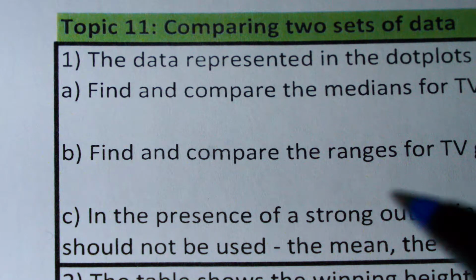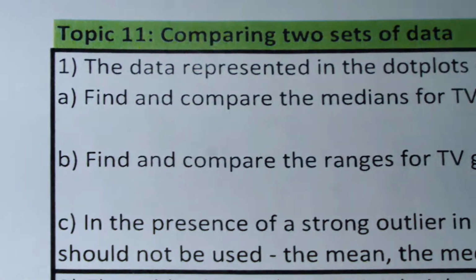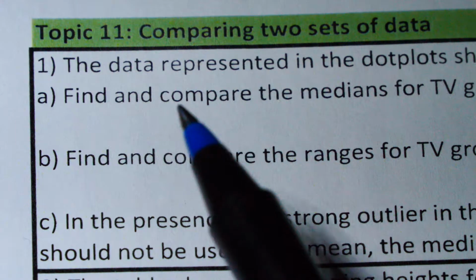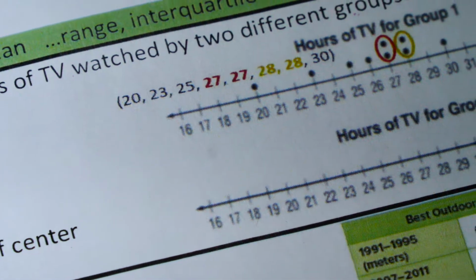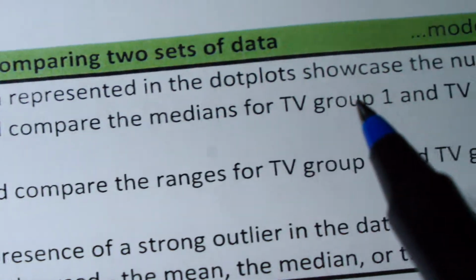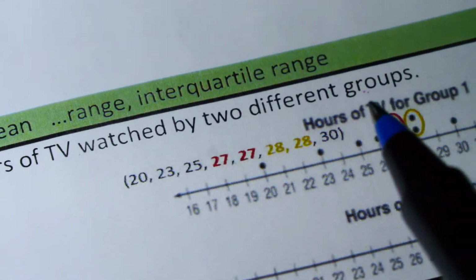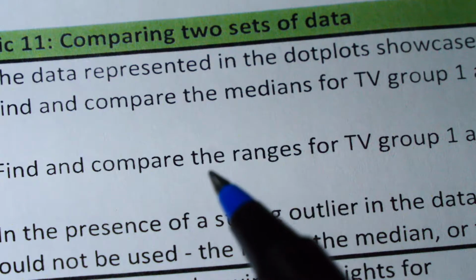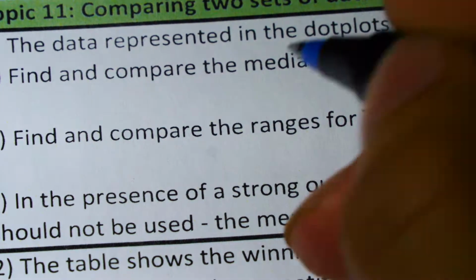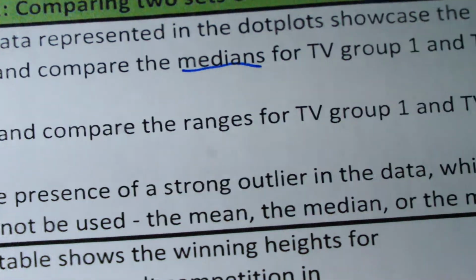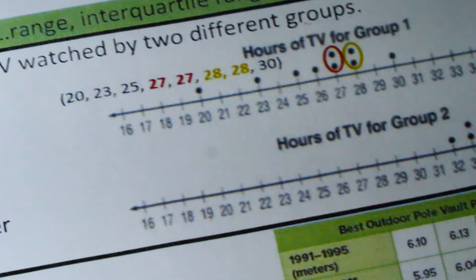Topic 11, we are comparing two sets of data. Okay, so question number 1, the data represented in the dot plots, so we have dot plots here, showcase the number of hours of TV watched by two different groups. Okay, so part A, find and compare the medians for TV group 1 and TV group 2. So we have to find the medians of these